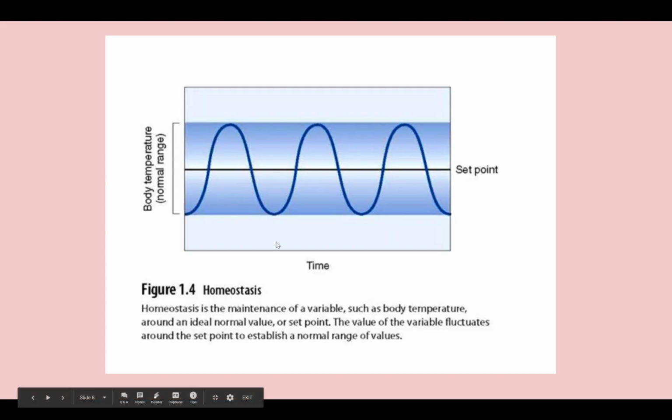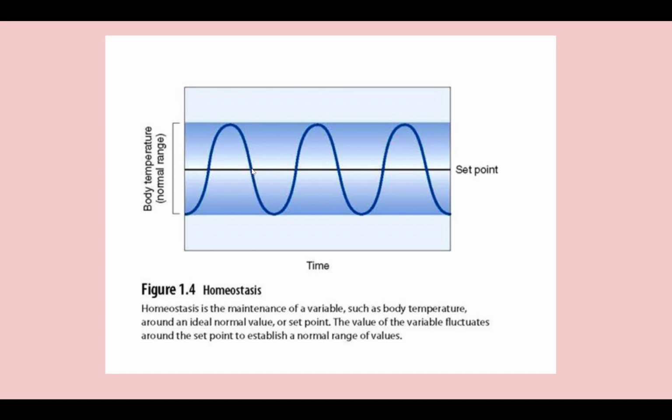So this is again talking about homeostasis. So here's your set point. That's the level that it needs to be. So let's say body temperature as an example. Your normal body temperature is usually around 98.6 or so, give or take. So that's your set point. Now your temperature can exist in a range. Sometimes your temperature goes above the set point, but your body does some things to bring it back down. Sometimes your body temperature goes below the set point, and then your control center will get information about that from the rest of your body and do something to make you go back to the set point.